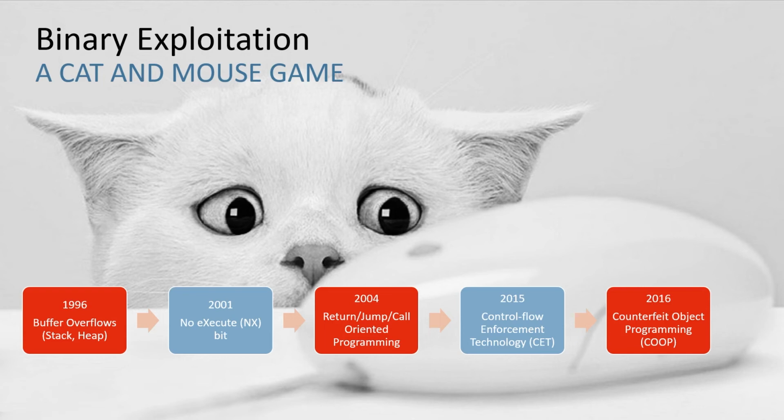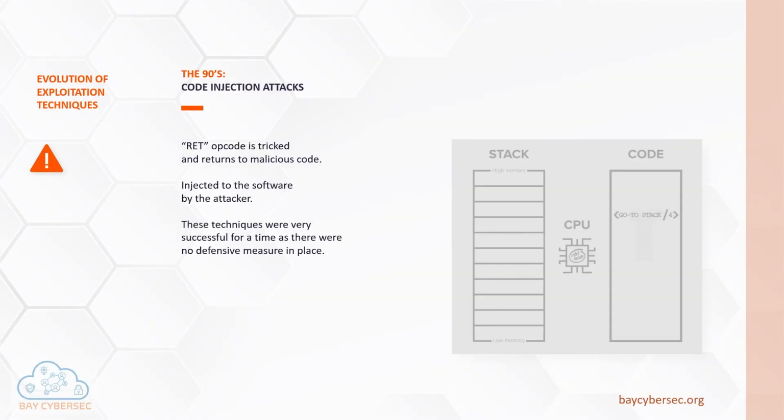We're going to dive into how the exploitation worked, then a defense that came in to stop that attack, then how the attackers bypassed the defense, how the vendors again responded with a solution, and what the state is today. So let's go back. We have a little cute GIF here that explains how